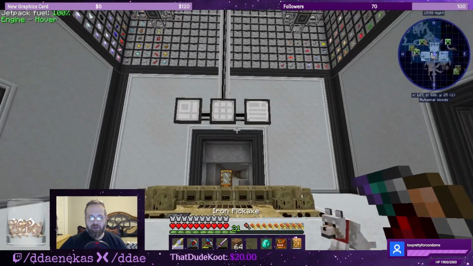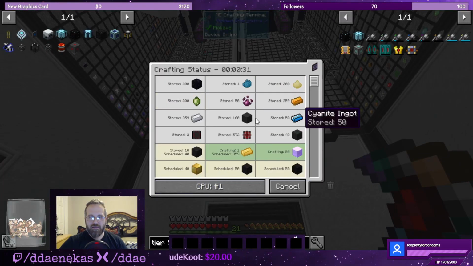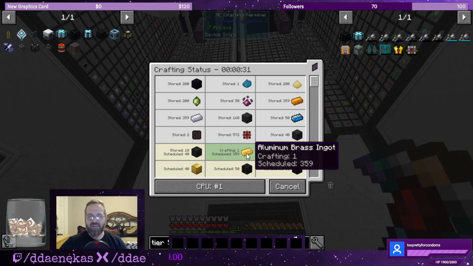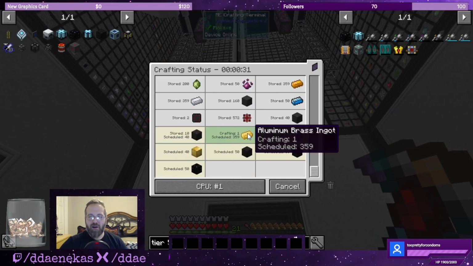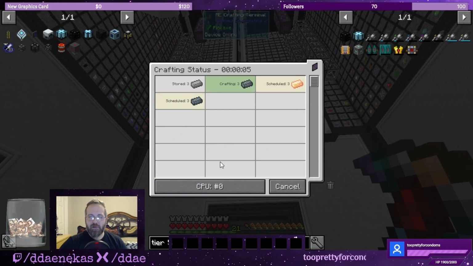So what are we waiting on? We're waiting on just that, huh? Yeah, crafting 50 empowered payless. I'm gonna have to cut all of this footage out of the video. It's gonna be too long. The aluminum brass, it's crafting 1. Scheduled. Why is the aluminum brass waiting on the empowered payless though? And why is the tungsten...